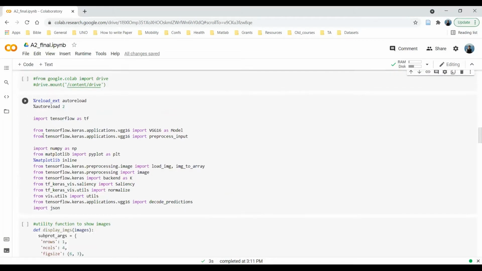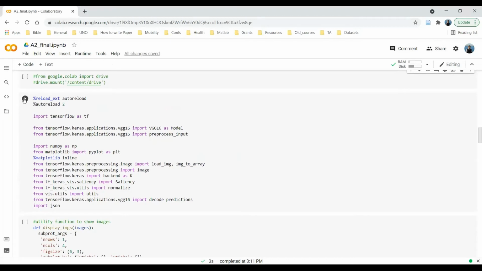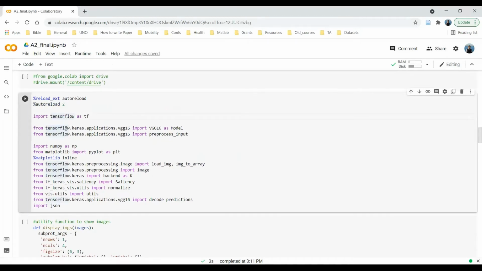Before I start anything, I have to load all the libraries: TensorFlow and VGG16, and the function to process the input, and NumPy and Matplotlib for plotting the images, and then preprocessing and TensorFlow.